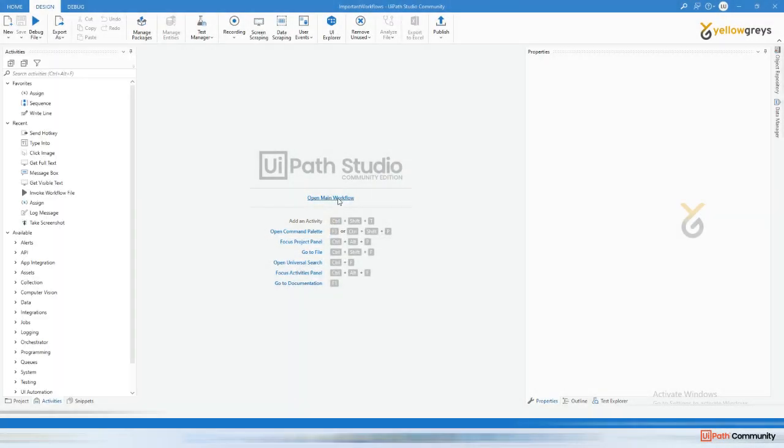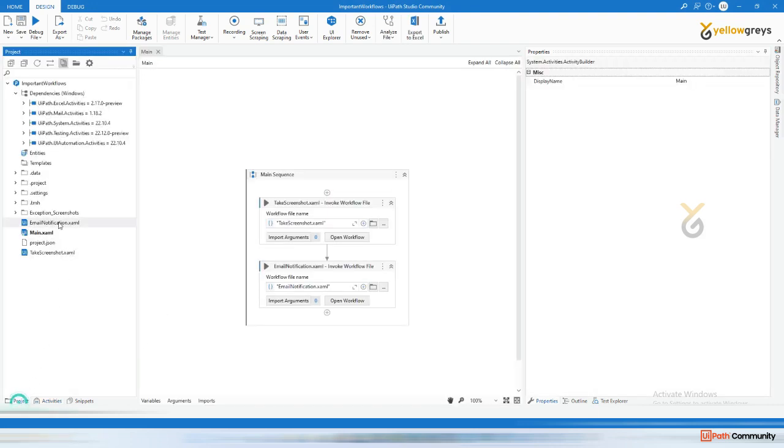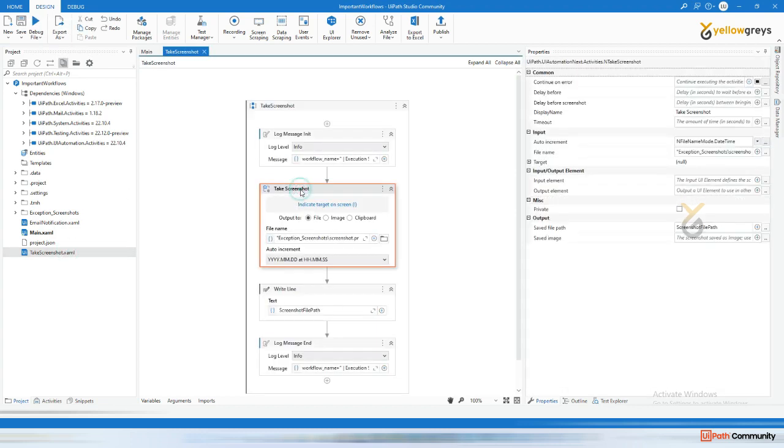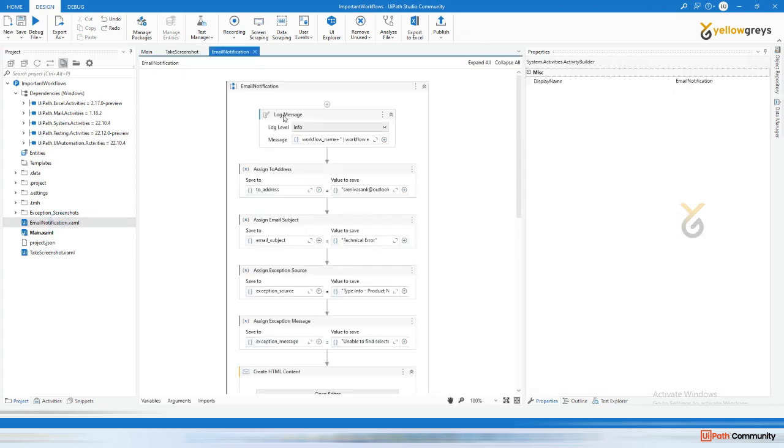We build two separate workflows. One is the take screenshot workflow, using the create HTML content activity and the take screenshot activity. In the other one we build the email notification activity, how to set the email notification activity. Now I want to execute the take screenshot first, then attach the screenshot taken by the bot to this email. So that is my